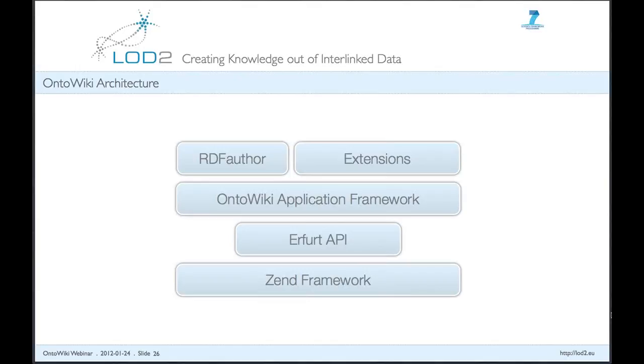And yeah, it includes also all that RDF functionality, the basic functionality. And above that is the OntoWiki application framework, which includes, for example, the extension mechanism, which I will mention on the next slide, and also includes the generic views. And last but not least, on top of that, we have RDF Author on the one side, which is a